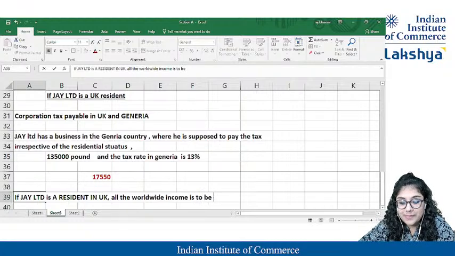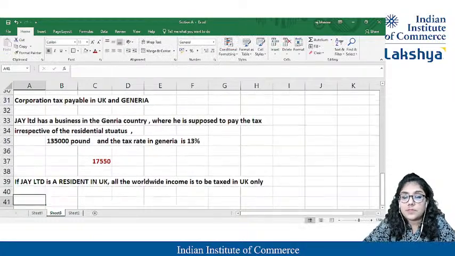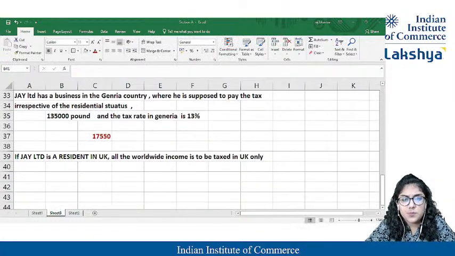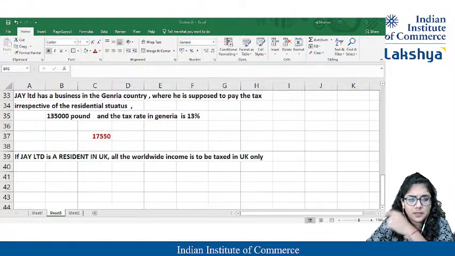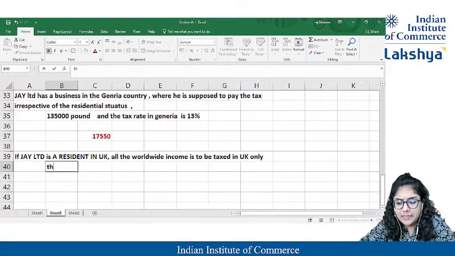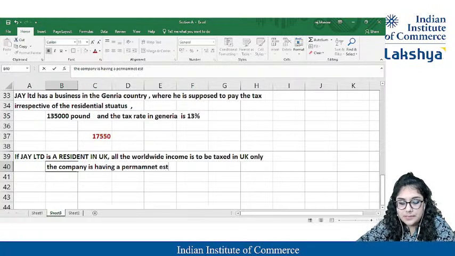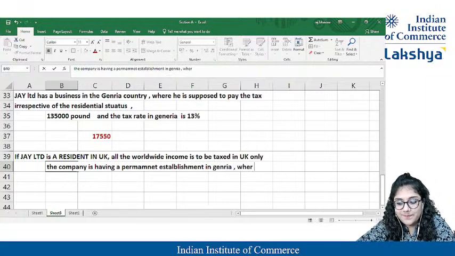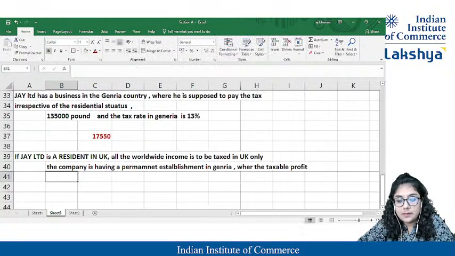Is to be taxed in UK only. So students, everything is to be taxed. That means what? What do you think? Its operations are there, and he is having a permanent establishment in Nigeria. So the company is having a permanent establishment in Nigeria, where the taxable profits they have earned